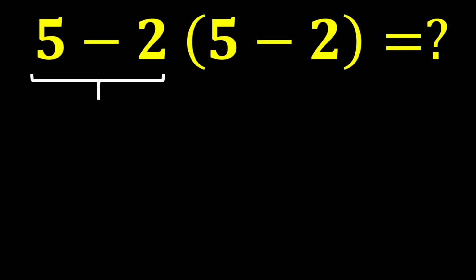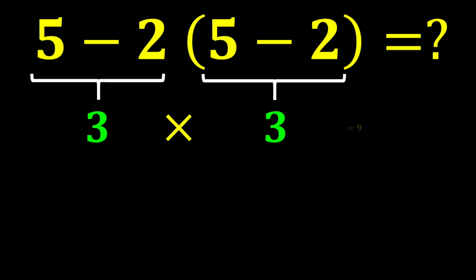5 minus 2 gives us 3, and again inside the parentheses, 5 minus 2 gives us 3. In the end, 3 times 3 gives us 9, which is our final answer. But this answer is not correct because we did not follow one of the most important rules in mathematics called